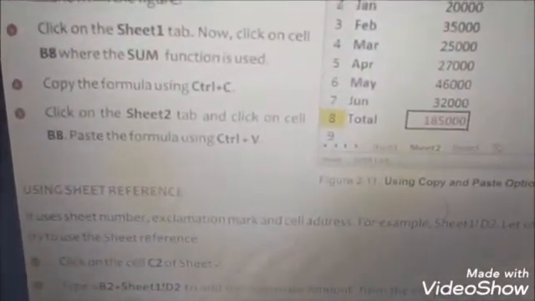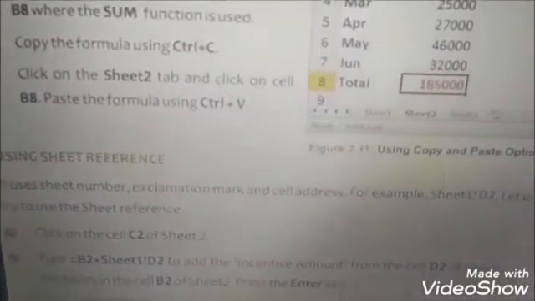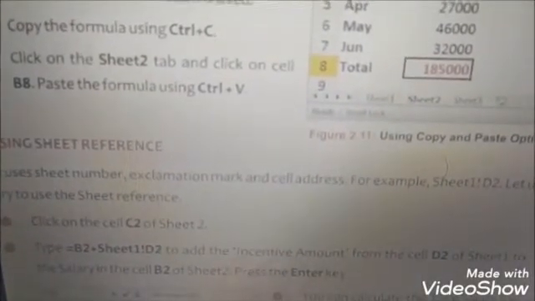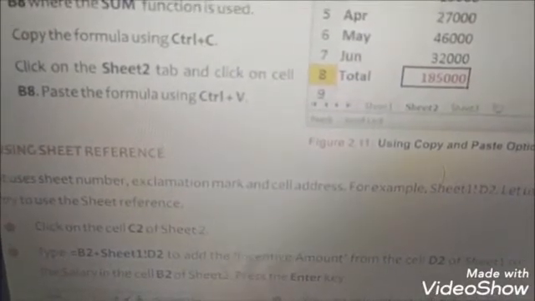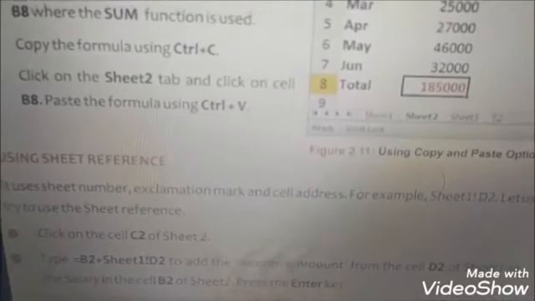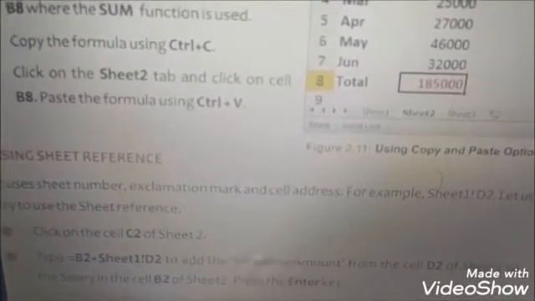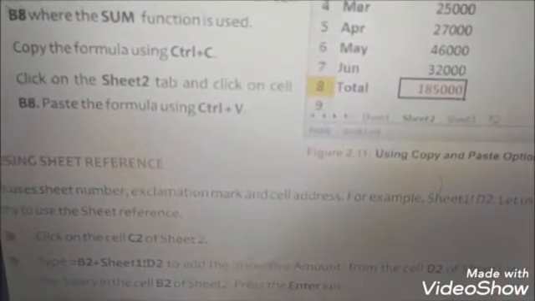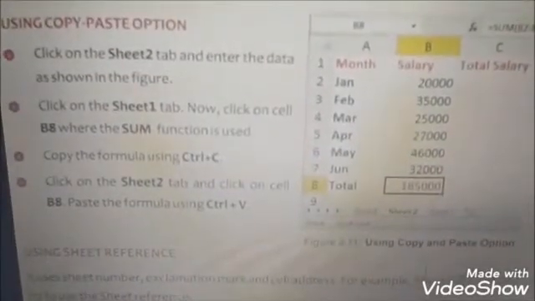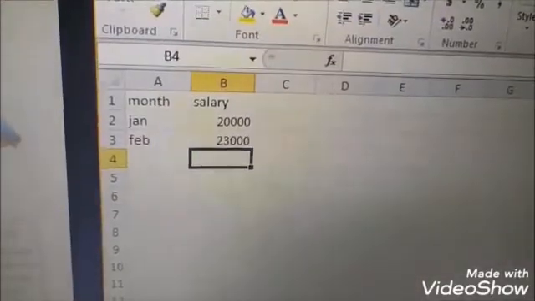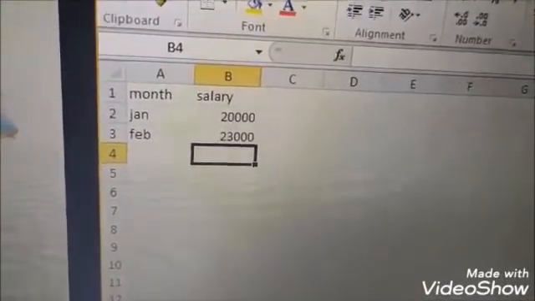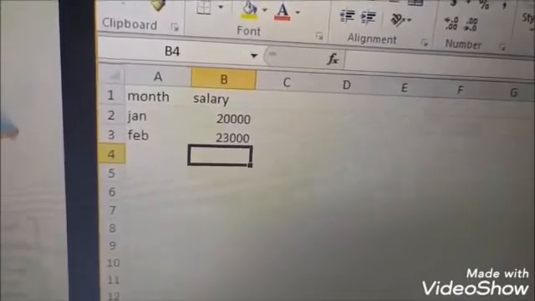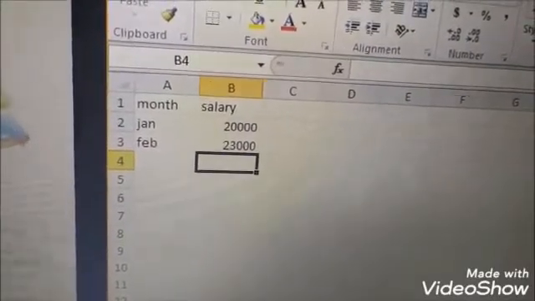Another method, you can give the sheet reference and you can use it also. Okay, you can give the sheet reference just like you see here: type Sheet1, exclamation mark, then the cell address. According to that also you can use. How? Just practically again I have to show you using sheet reference and by the copy paste option. Okay, use one sheet's data in another sheet. How do I use this reference? Okay, I have to use the cell reference in another worksheet.